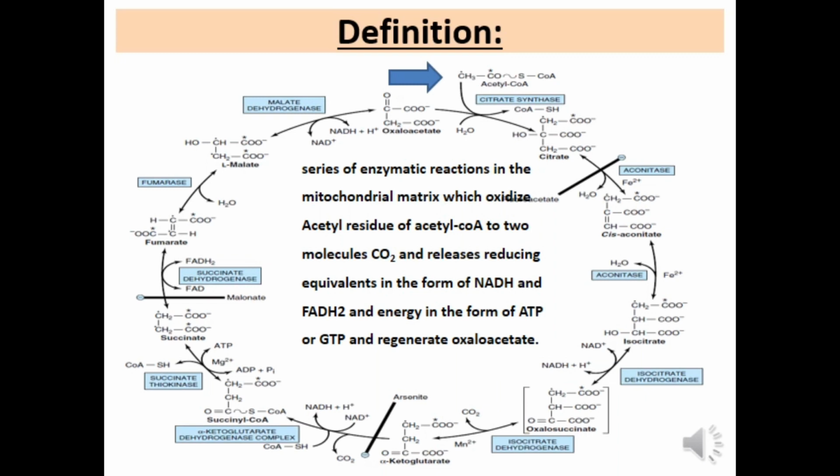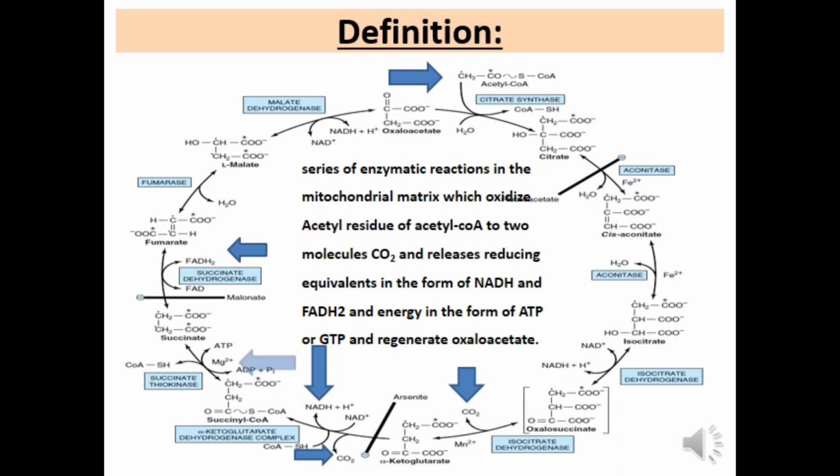It oxidizes the acetyl residue into 2 molecules of carbon dioxide, this first molecule and this is the second molecule, and releases reducing equivalents in the form of NADH, nicotinamide adenine dinucleotide, and FADH2, flavin adenine dinucleotide, and energy in the